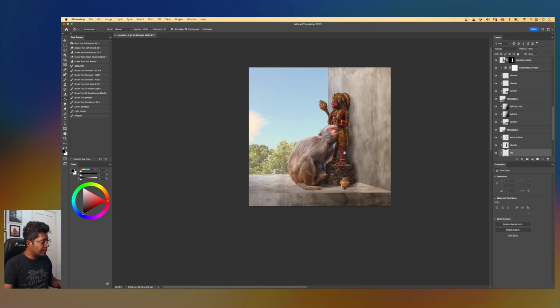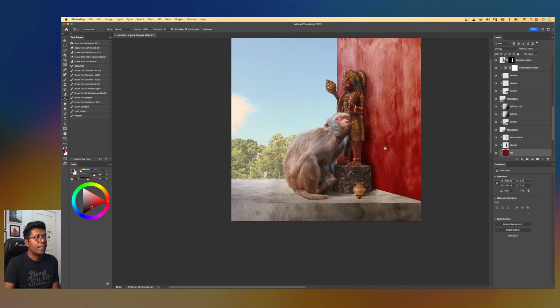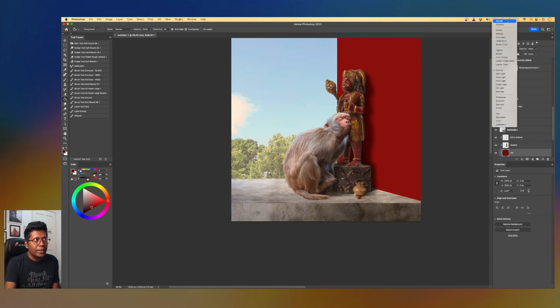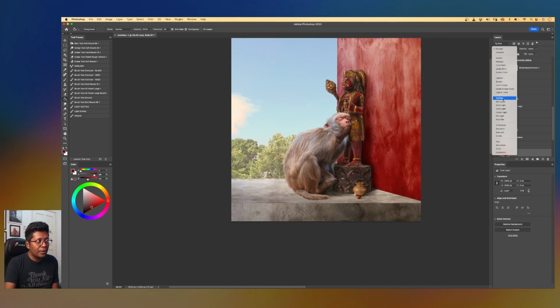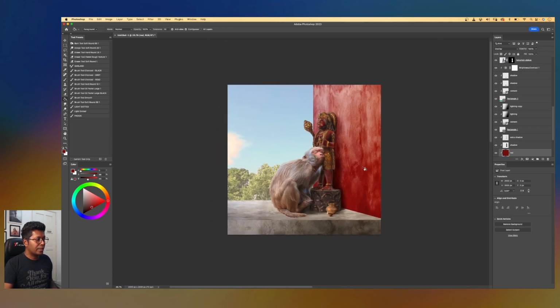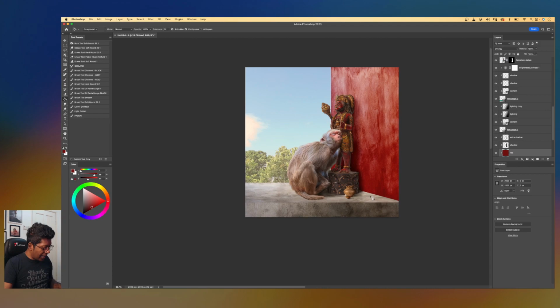Let's change to G, and then pick a red, whichever red you think might work. It can be slightly orangey. There you go. That red looks good. And make sure, like I said, to change normal to overlay, and drop the red color mark. Why overlay? If I do normal, it kind of fills up like a bucket. But if you change to either soft light or overlay, it maintains the texture of the wall. Isn't that beautiful? Okay, I'm going to maintain that, and I also want to add that red mark on the base,